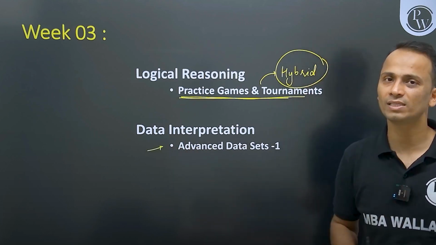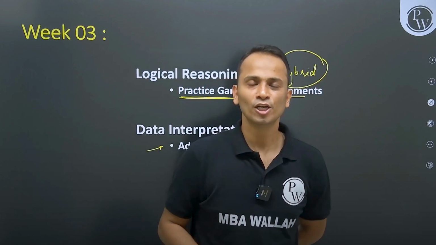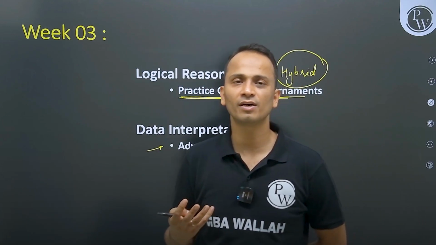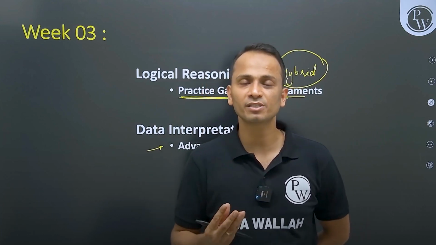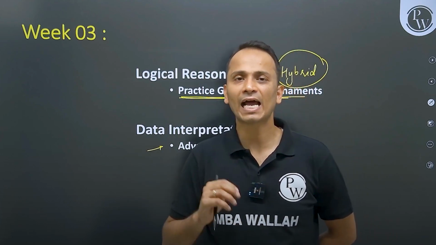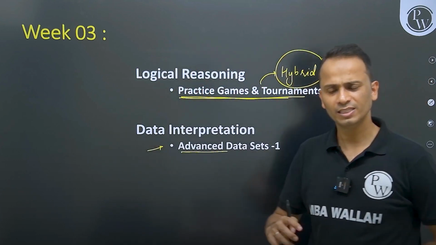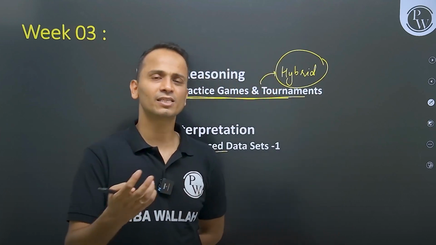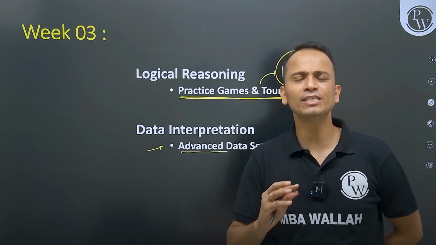Then you can start spending 2 or 3 days on advanced data sets. Now, once again, advanced data sets can be of different types, right? We must have heard the name of candlestick charts. Candlestick charts is a very famous set that appeared in CAT 2024. Bubble charts also appeared in CAT 2024. Then spider charts, which are hexagonal charts or pentagonal charts, triangular charts, scattered charts, right? So all these things come under advanced data sets. These are not the regular data sets like pie charts, line graphs, and so on. These are something different, but once again, I would say easy to interpret.